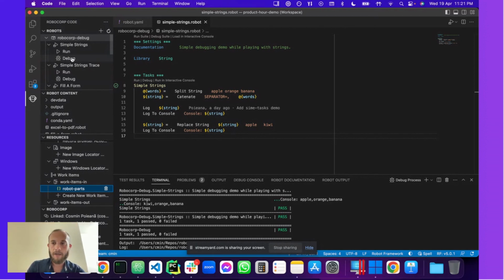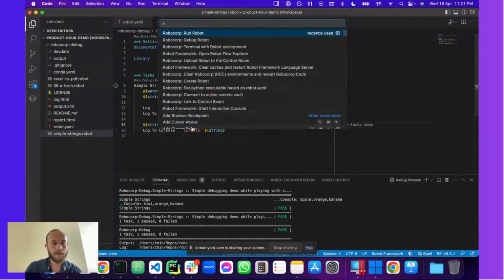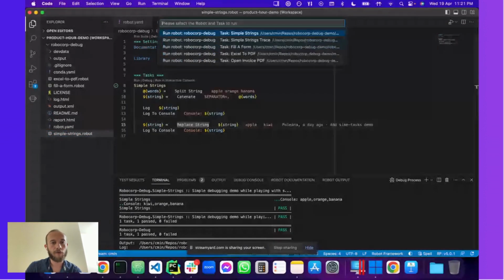Never use the one here on the right, because this is coming just from VS Code. The ones here are coming from our extension, and they will be able to initialize the environment properly. So everything will be just in place, especially on the debug side. So I'm going to just hit run of this. Command Shift P, or Control Shift P on a Windows system, run. You'll see the run robot command.